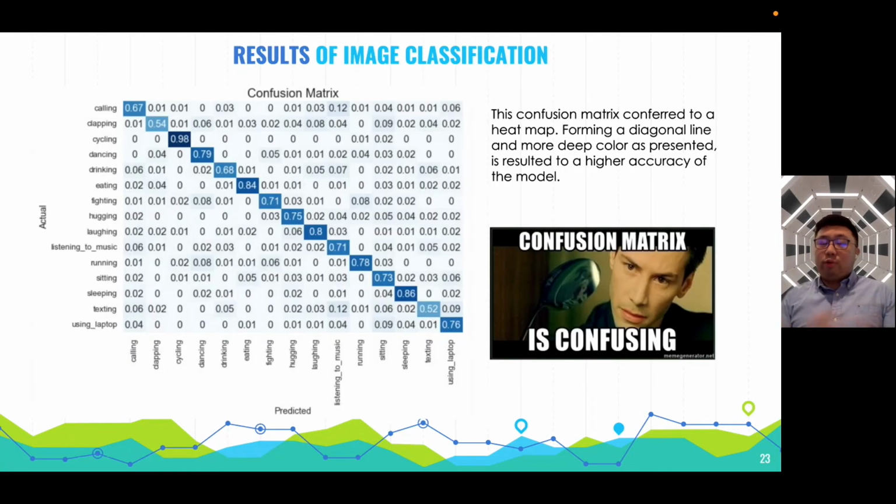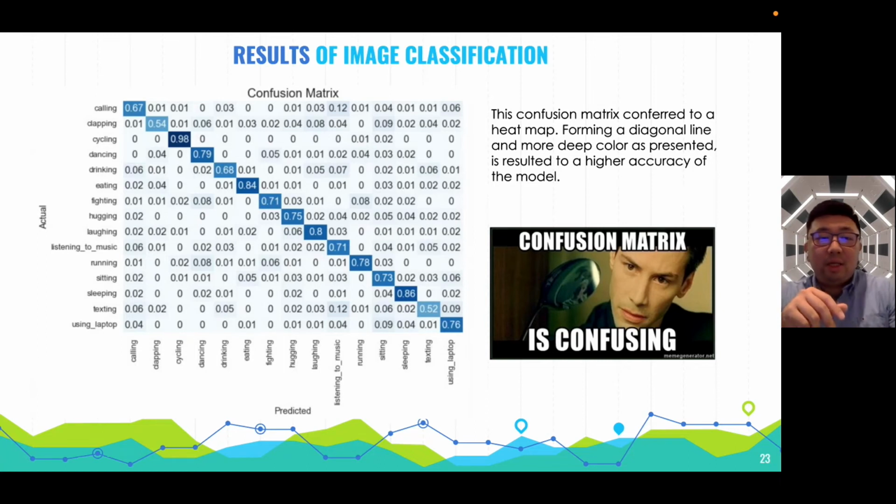To better illustrate the testing result, we can pull up a confusion matrix to illustrate the whole result. But for those who don't know what a confusion matrix is, it can somehow do its best, which is to confuse you. Simply saying, what we have got here, we'll just use a heat map to present our confusion matrix for better visualization's sake.